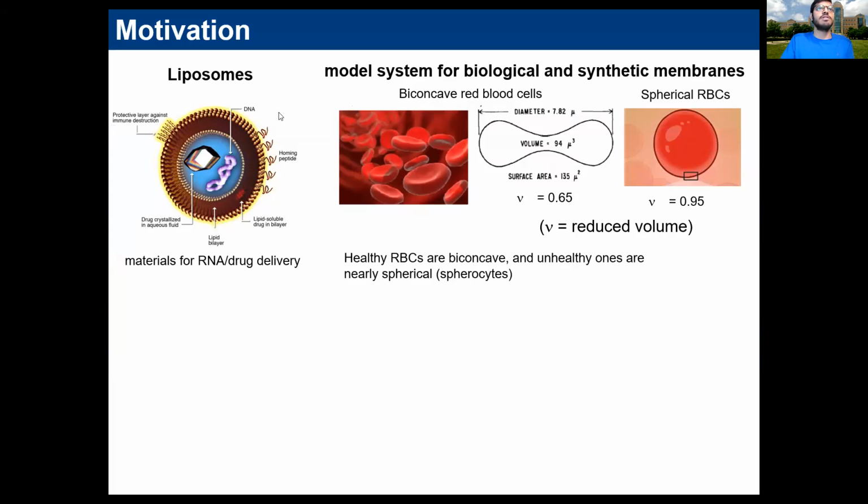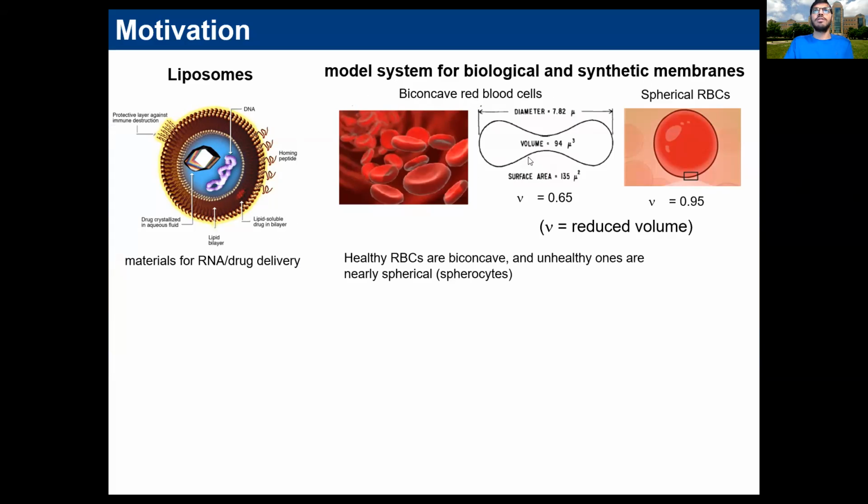Now, there are several motivations behind studying lipid vesicles in flow. One such motivation is that lipid vesicles are increasingly being used in drug delivery purposes. Another motivation is that lipid vesicles can be used as a simplified model system to understand the properties of biological